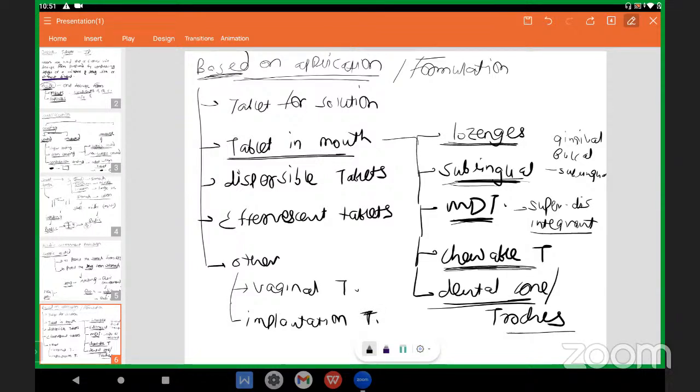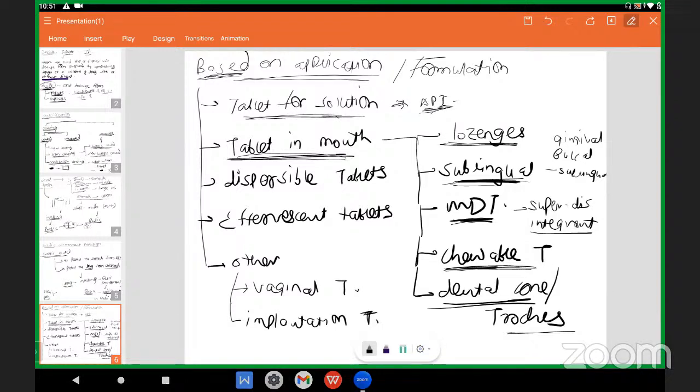The first one is tablet for solution. Okay, उसमें क्या करना है, टैबलेट लेना है, यू हैव टू टेक द 1 glass ऑफ द वाटर, उसमें डाल दो, इफर्वेसेंट कुछ रहेगा, एसिडिटी के लिए इस केस में ये मेजरली यूज करते हैं टैबलेट फॉर सॉल्यूशन। और दूसरा एक इम्पोर्टेंट ये है, जो ड्रग और जो एपीए आपका मॉइस्चर के कंटेंट में वाटर के प्रेजेंस में स्टेबल नहीं है, ओके, ज्यादा टाइम के लिए लॉन्ग टर्म शेल्फ लाइफ के पॉइंट ऑफ व्यू अगर देख रहे हैं तो उस केस में हम विल प्रिपेयर द टैबलेट फॉर सॉल्यूशन, इमीडिएटली डाल दो, उसका सॉल्यूशन बनाओ और पी जाओ।